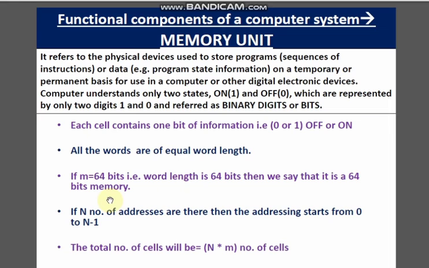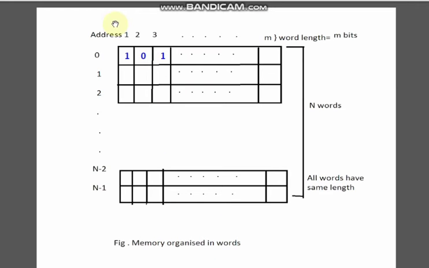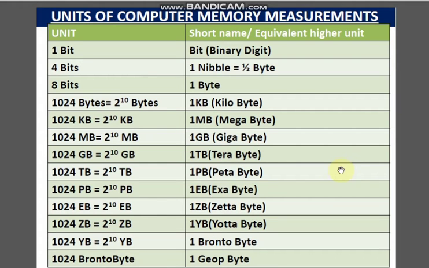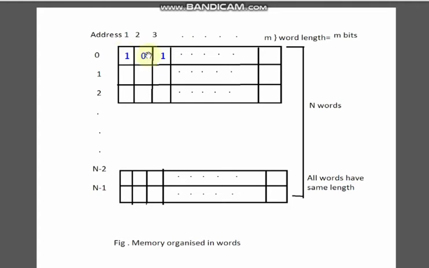So now we can say that total number of cells in the entire memory will be n into m number of cells. Total जितने हैं यहाँ पे n into total number of bits in each word length. So n into m number of words will be there in the entire memory, right? The full entire memory. So now you have understood, when we say that it's a 64-bit memory, that means the word length is of 64 bits.